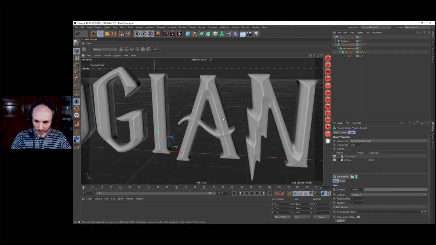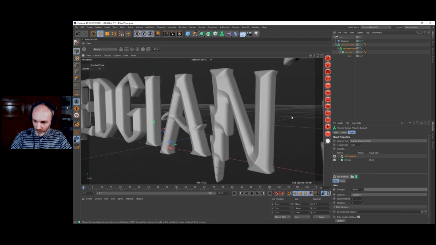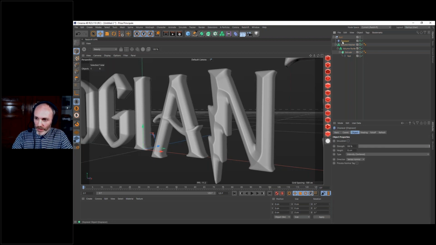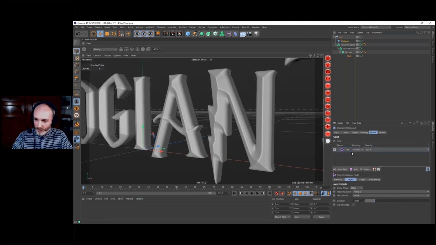Okay, so I want to create imperfection of that. And before doing that with texture, because we are going to light very soon this title, we can do it with some modifier using 2 different techniques. So the first one will be by using here on the displacer, on the fall off, we could add on that any number of field, and especially the random field, which is just meant for that.